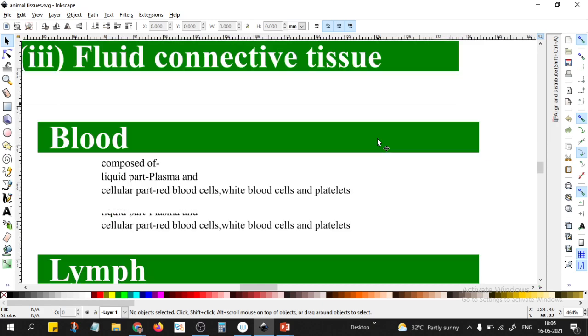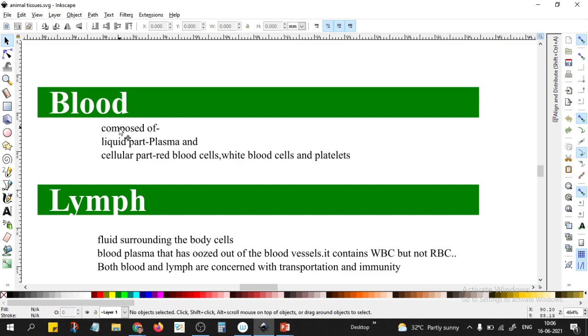And we know the composition of the lymph. You see, the blood is composed of the liquid part, that is the plasma, and the cellular part, that is the red blood cells, white blood cells and platelets. Sometimes if you have gone to a diagnostic center, they draw the blood for a blood test and put it in a tube. If you leave it for quite some time without putting an anticoagulant, then slowly the blood will clot, and after it clots, the solid part settles down, and up top you have a straw colored fluid.